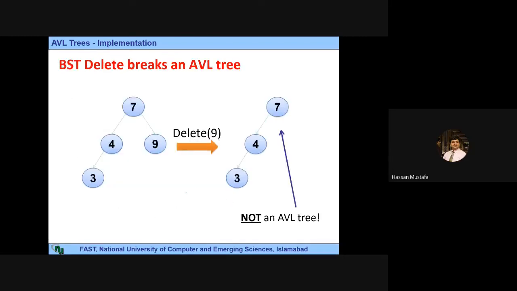So let's see if a delete operation disturbs the height property or balance of an AVL tree or not. In this tree, if we just delete this node number 9, we have this tree, and we see this is a BST definitely, but now this 7 does not have a right child, which means that this is an imbalanced BST. Okay, so this is not an AVL tree, which means that deletion in an AVL tree affects the balance